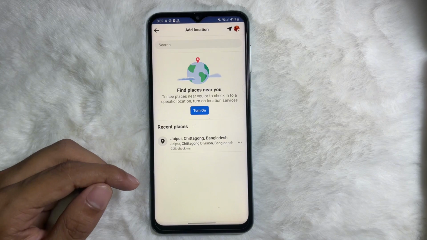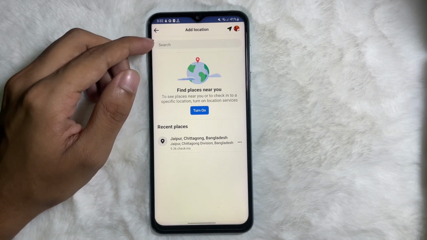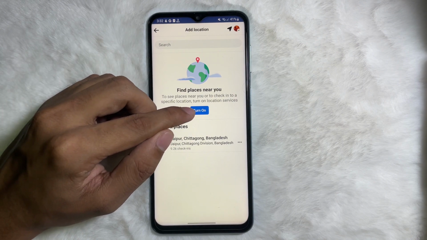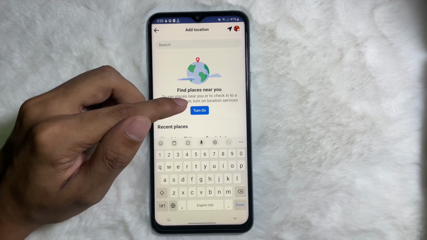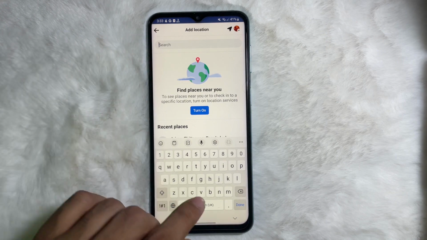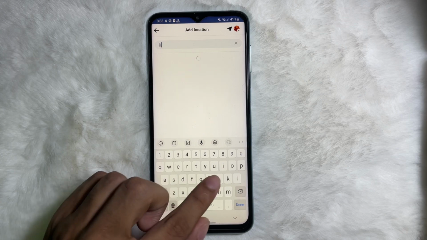Tap on check-in and now you can search the location or you can turn on your location on your mobile. Then Facebook will automatically detect your location. Now I'm gonna search my location here. For example, I'm gonna search